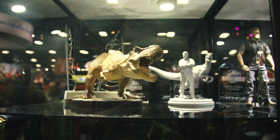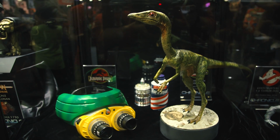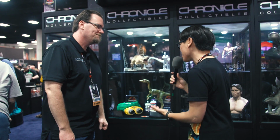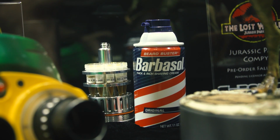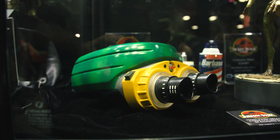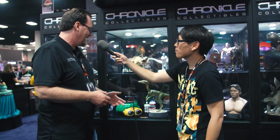Yeah, in addition to those dinosaurs, those maquettes, there are also some more familiar props that people in the prop building community, which you're part of, have been fans of and have made. So you have the Barbasol can and you have night vision goggles. Both of these pieces were made by my really good friend. His name is Rilo on the RPF, and you guys know the RPF, and his company is called Palmetto FX Group. And years ago, I worked with Rylan to produce the night vision goggles because it was something that had